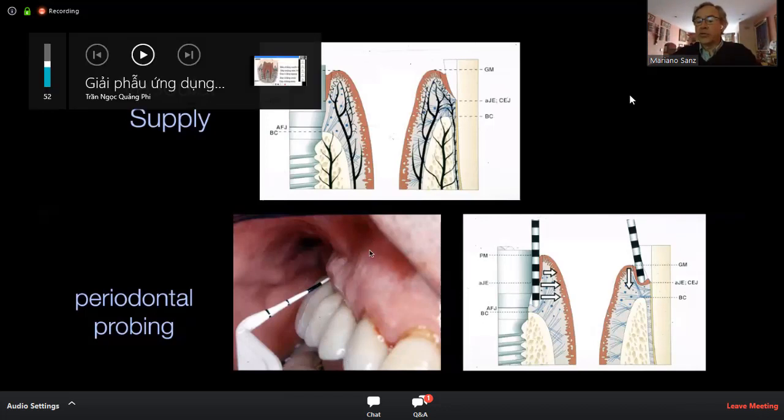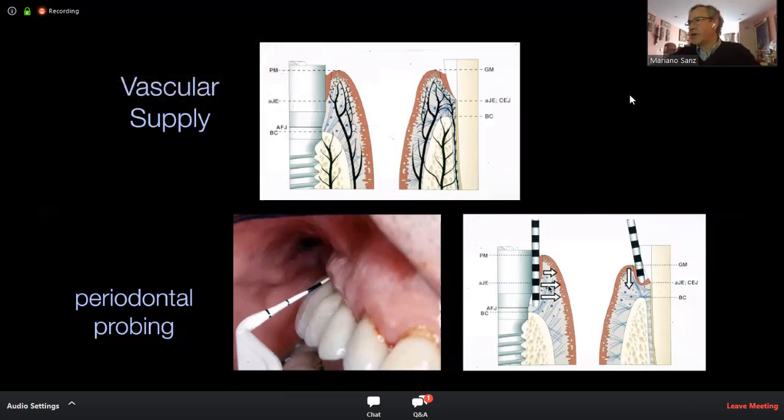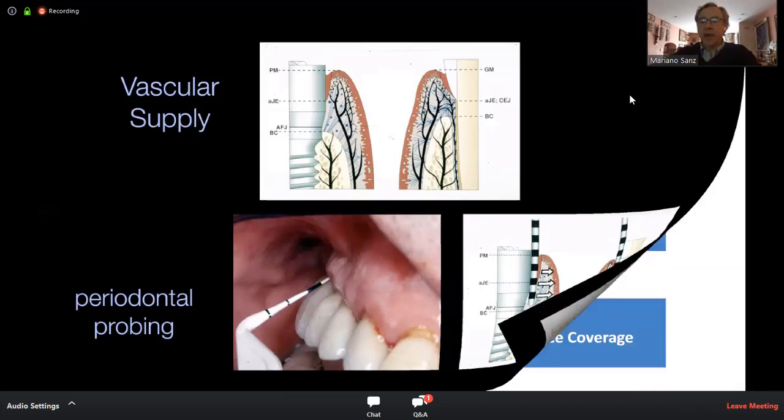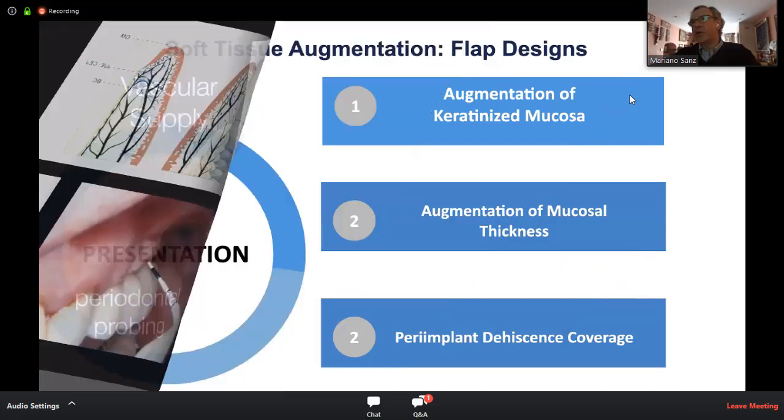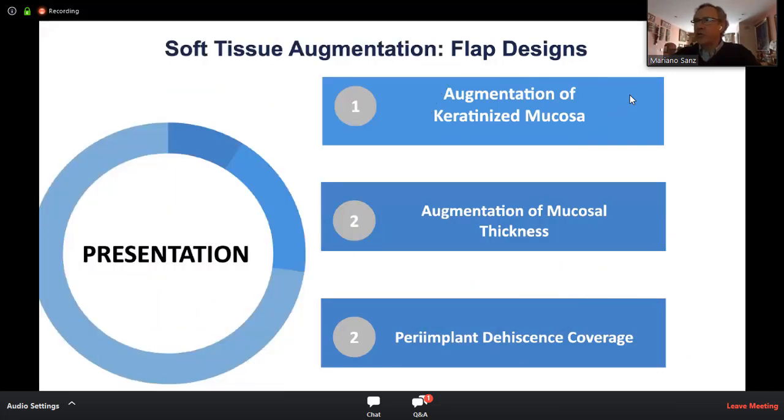Also, they do not have horizontal fibers attaching to the titanium, because fibers cannot attach to titanium, and therefore the resistance to probing of these tissues is lesser. And all these things are going to influence our ability to reconstruct the soft tissues around the